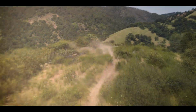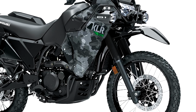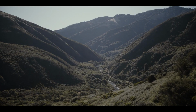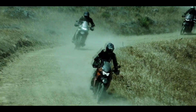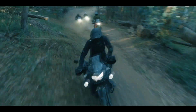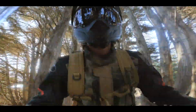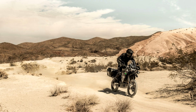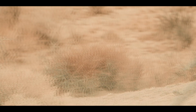While the KLR looks dirt-worthy, its flaxseed suspension and heavy 461-pound weight will limit your ability to navigate serious single-track, rutted or challenging terrain. Let's be frank, if you had more money, this wouldn't be your first choice as an off-road bike. But its 21-inch front wheel and 9.5-inch ground clearance is a real bonus,